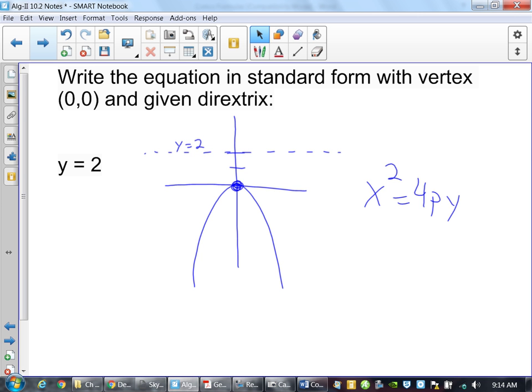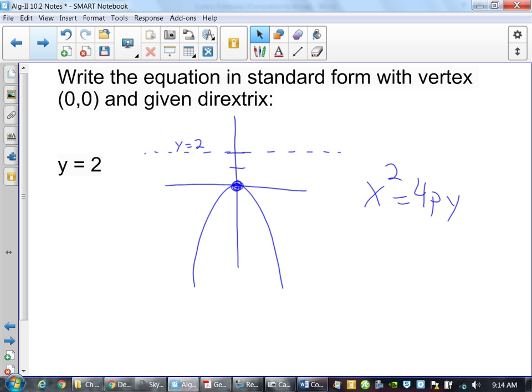And what we know, careful, is it a positive or negative 2? It's negative 2 because, since our directrix... since we know this has to open downward, it has to be a negative. And remember, your